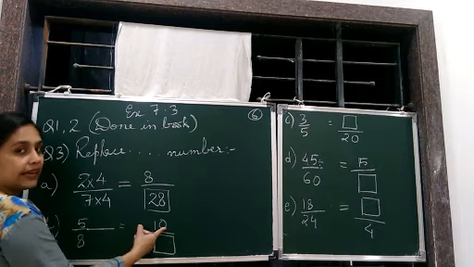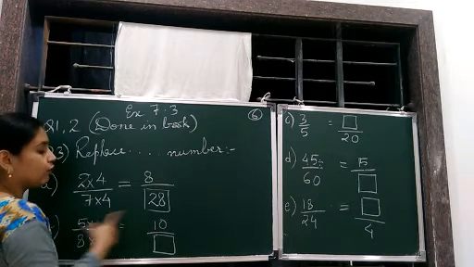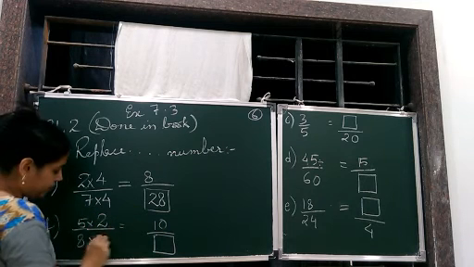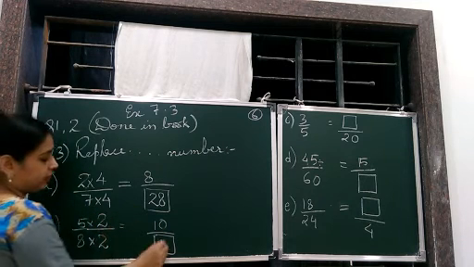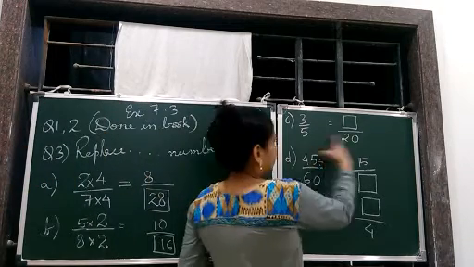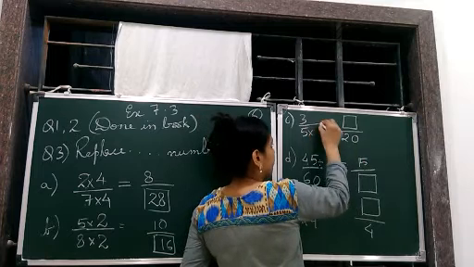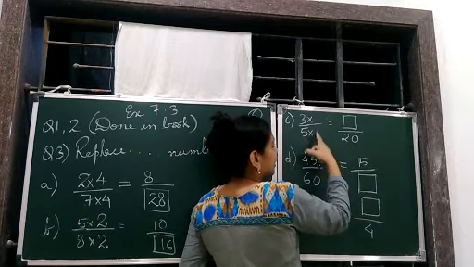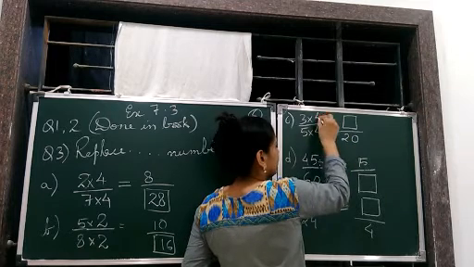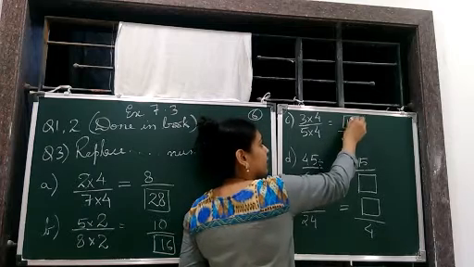Coming to the next one. Again 10 is greater than 5. That means यहाँ भी multiplication है. Now 5 into what will give you 10? 5 2s will give you 10. Similarly 8 2s will give you 16. Then again 5 is smaller, 20 is greater, that means here we are putting multiplication sign. So 5 into what will give you 20? 5 4s are 20 and 3 4s are 12. Okay, so answer is what?